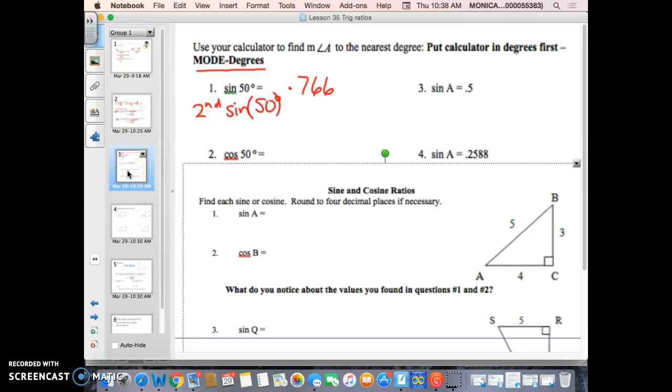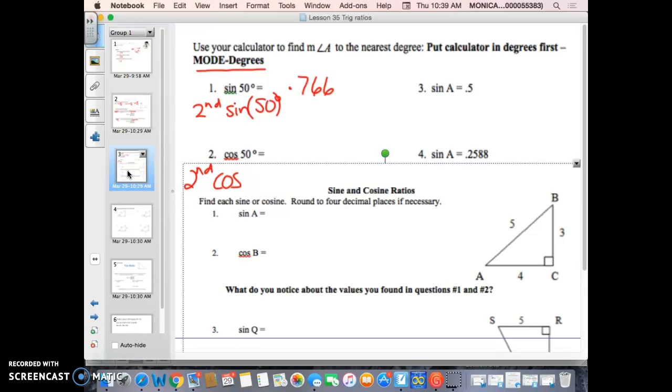And some of y'all know how to convert a decimal into a fraction. If you want to do that, you can too. So here for cosine of 50, you're going to hit second, the cosine button, and you should see the sine, cosine, and tangent buttons. They're kind of in the middle of the black buttons on your calculator. So you hit second, cosine,